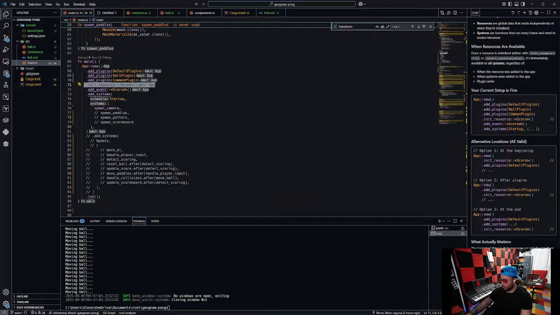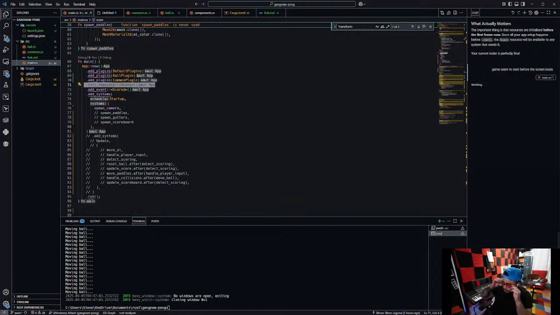Game seems to start before the screen loads. This could just be like a thing. ChatGPT might not know, but